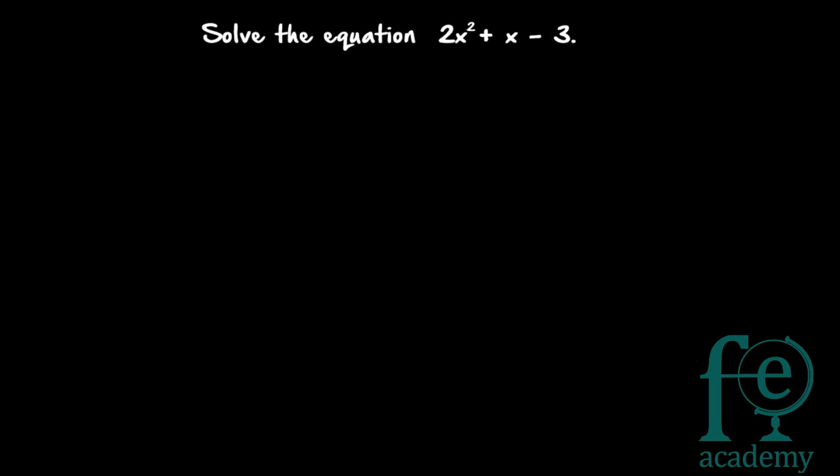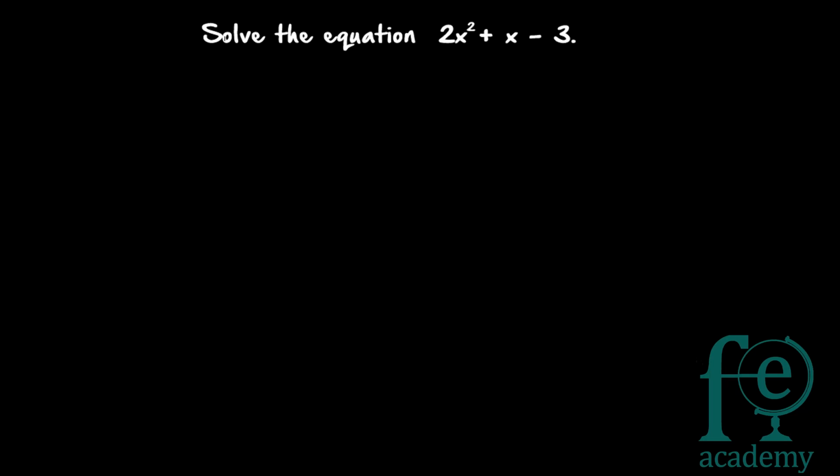So today's question is: solve the equation 2x square plus x minus 3. This is a quadratic equation. So what do you mean by a quadratic equation? You have to see the highest power of the unknown value. Here the unknown value is x. So what is the highest power of x in this equation? It is 2. So when the highest power of the unknown variable is 2, you can call it a